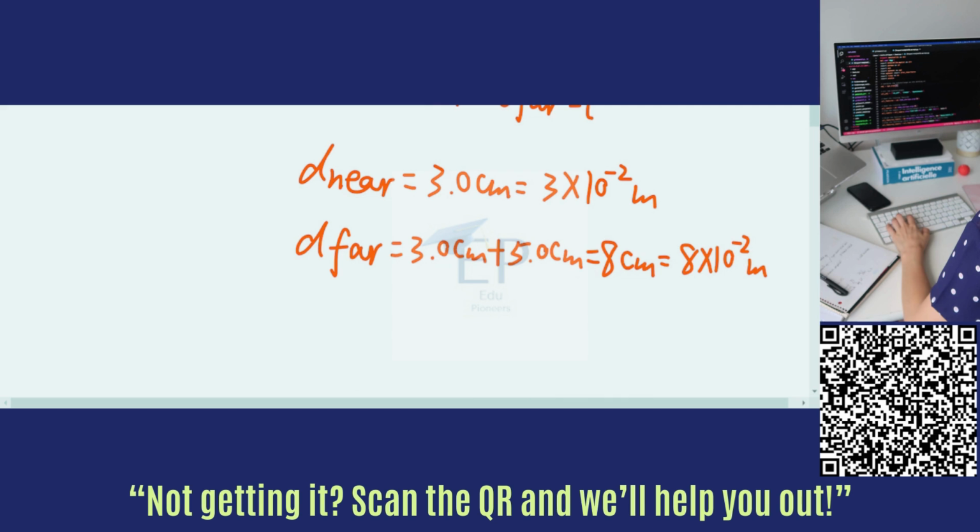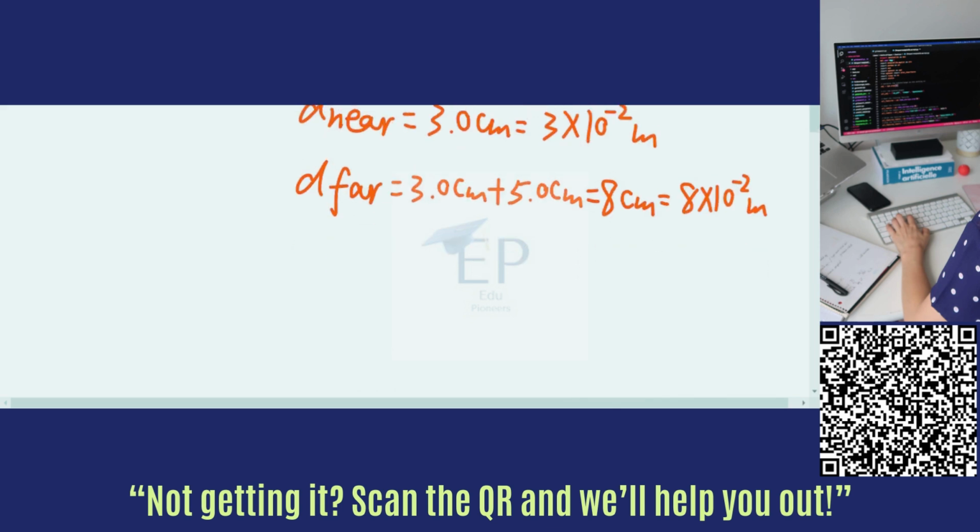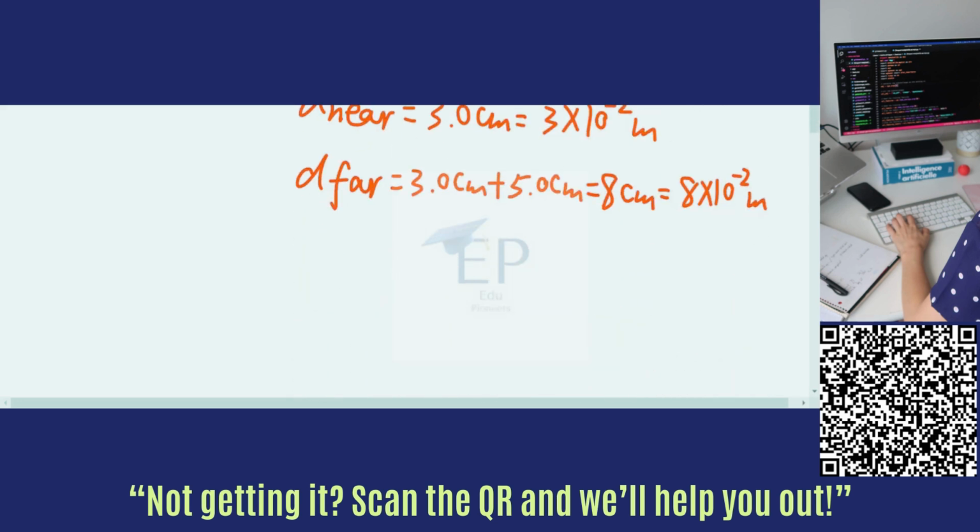Okay, and then we know D near, which is the distance between the wire and the nearer side of the loop, is 3.0 centimeter. If we convert it to meter, it's 3 times 10 to the power negative 2 meter. Okay, and the distance between the wire and the farther side of the loop is 3.0 centimeter plus 5.0 centimeter, which is 8 centimeter. And if we convert it to meter, it's 8 times 10 to the negative 2 meter. Okay, so now if we plug in all these values, we have